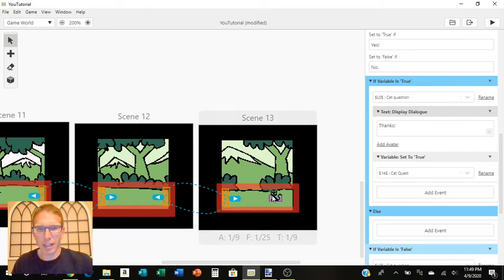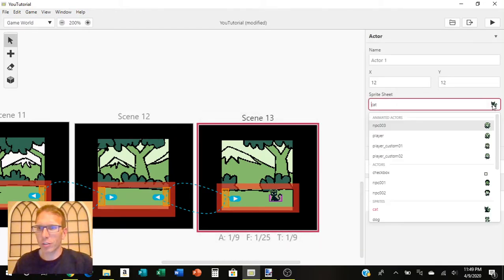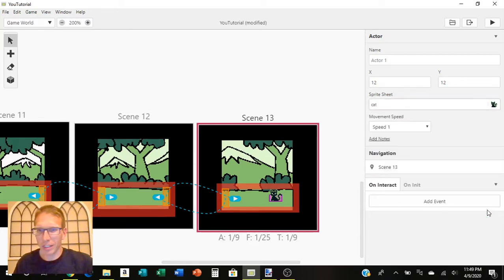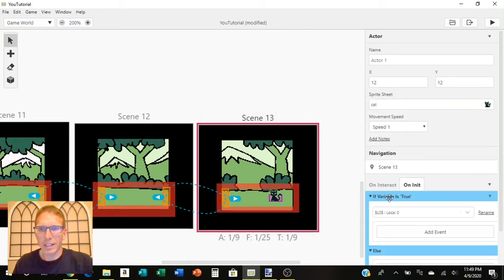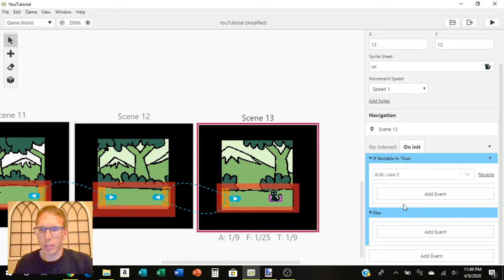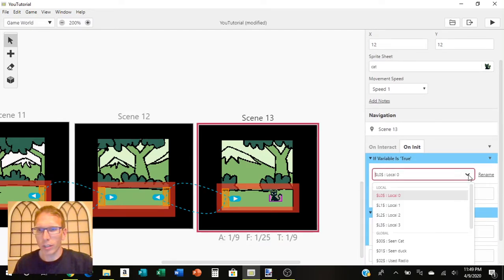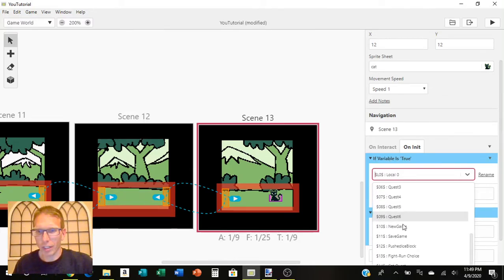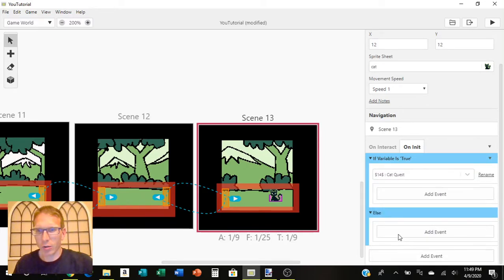Okay, and so then if we go over here to our last scene and we add an actor, and we add the cat, then we can check the sprite sheet, make sure it's the cat. If we add the cat, then on initial, which is what this means when the scene loads, we're going to ask if variable is true,